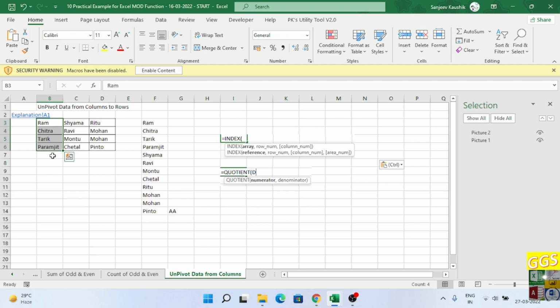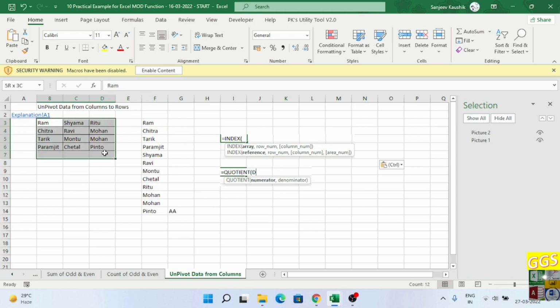Here again, we can use the mod function, and basically we can use index and quotient. Both these functions I have explained here. Index we have already discussed earlier, and quotient is basically where you have to mention the numerator and denominator. For the practical aspect, we are not going to explain the quotient formula here, but hopefully it would be clear to you. If I explain the full formula here, it will take much longer. But just to brief you,